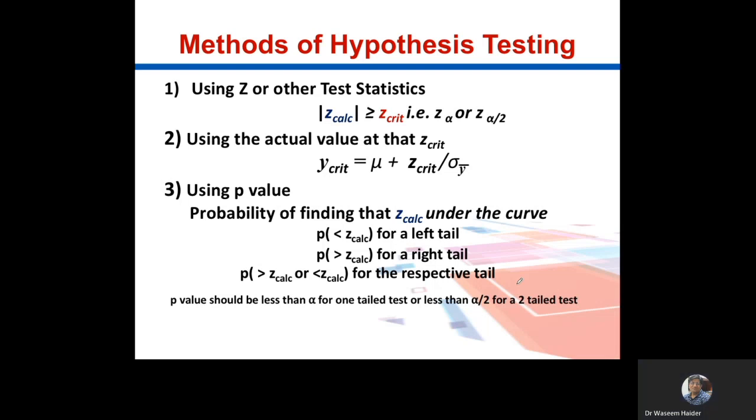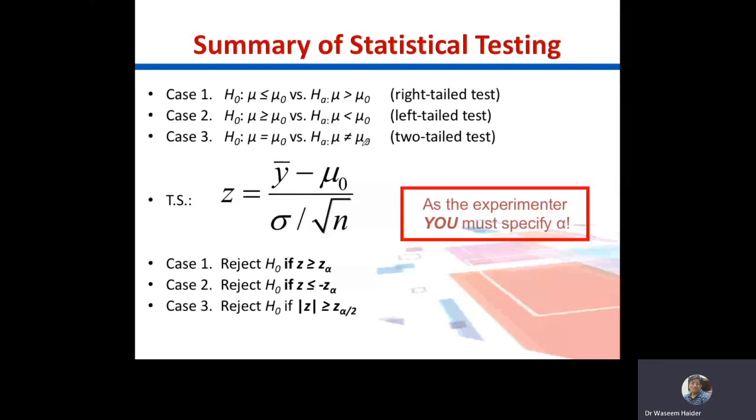Let's summarize this. Things can have these cases. Left tail test, where we are looking for some mean less than some mu naught, which is the mean under the null, or in a two-tail test, we are looking for an inequality that mu is not equal to mu naught, so it can be either smaller or greater, right? So that's why we call it as a two-tail test.